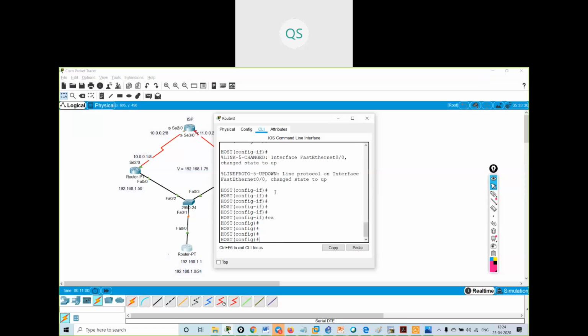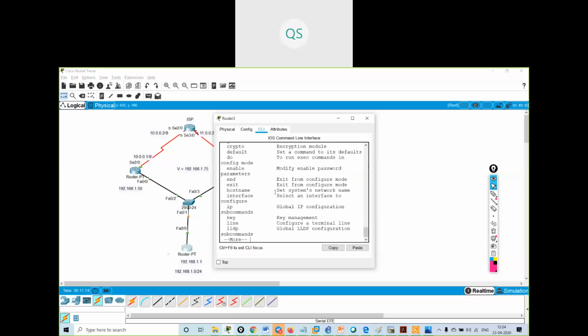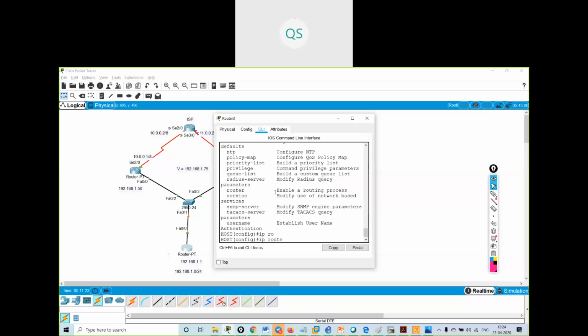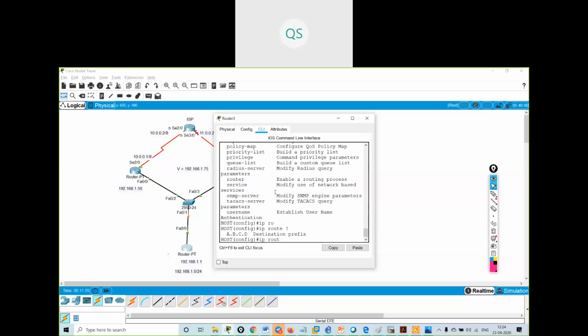Okay, I will say no ip routing. If I say no ip routing, here I'm not getting the option of no ip routing.